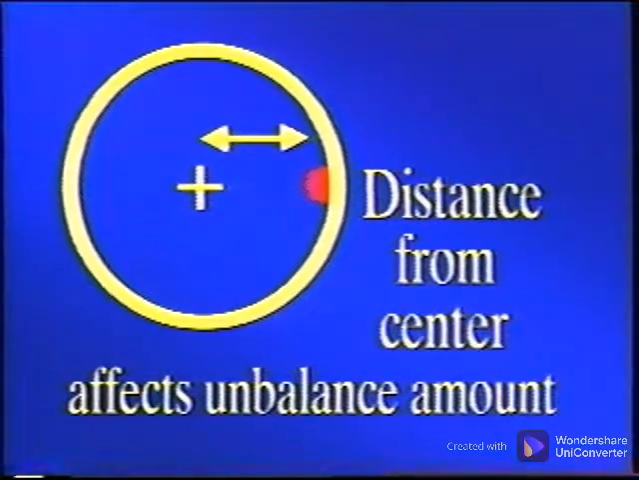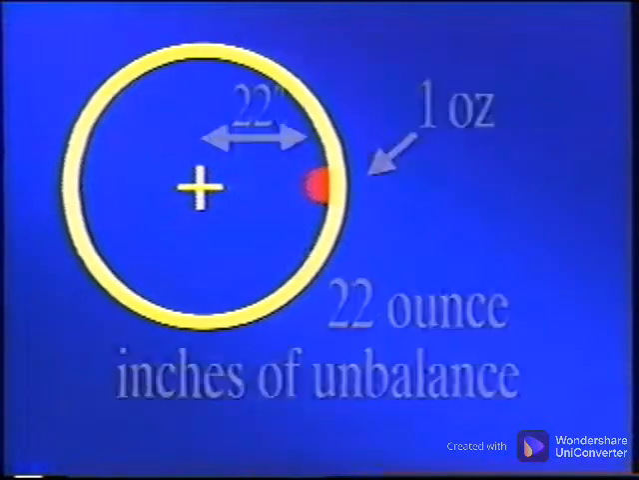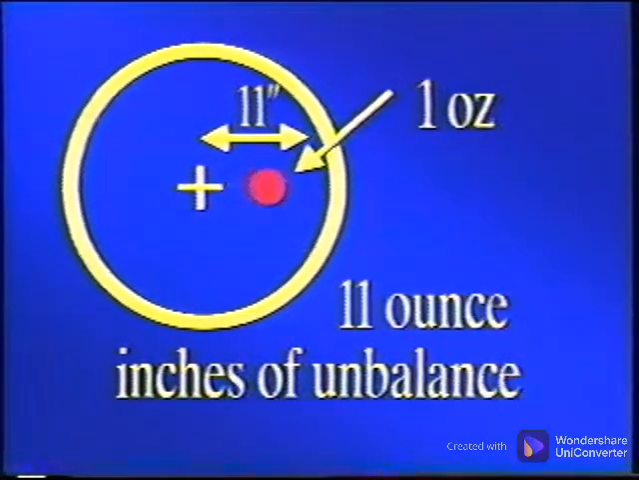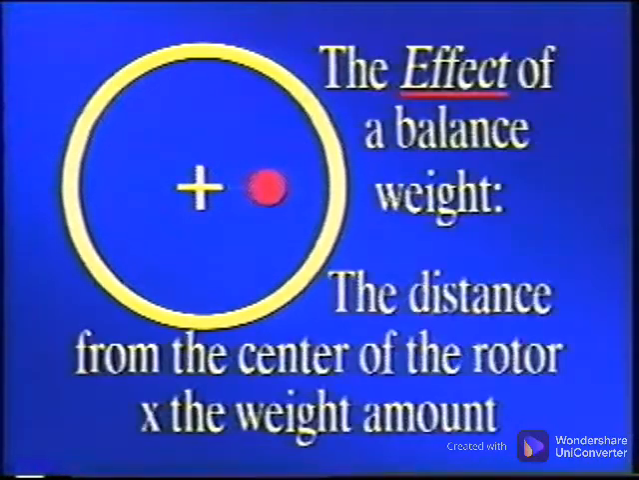The distance the unbalanced mass is from the center of rotation changes the unbalance amount. For example, this 1 ounce of unbalance is 22 inches from the center of the rotor and is called 22 ounce inches of unbalance. If the weight were moved halfway in to 11 inches from the center, the effect would only be half as much, 11 ounce inches of unbalance. The effect of a balance weight can be calculated as the distance from the center of the rotor times the